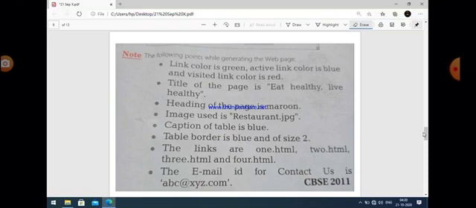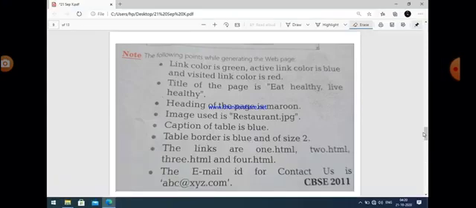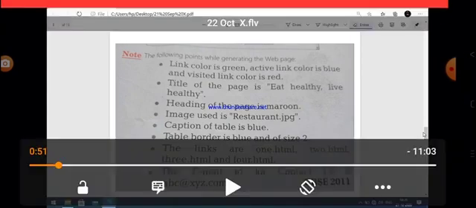And one more important thing is that this question was asked in CBSE 2011 also, and now it is a part of your practical file. So I think the question is clear to all of you. Okay. So first of all, just find out what are the different texts that are used in that particular web page, and what are the exact requirements that we must follow.